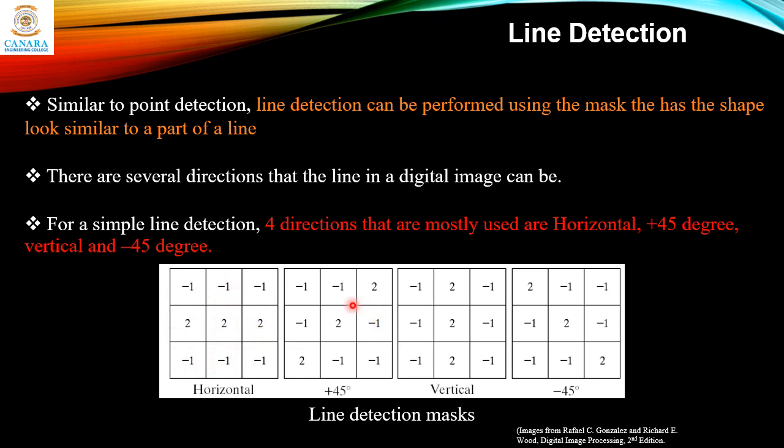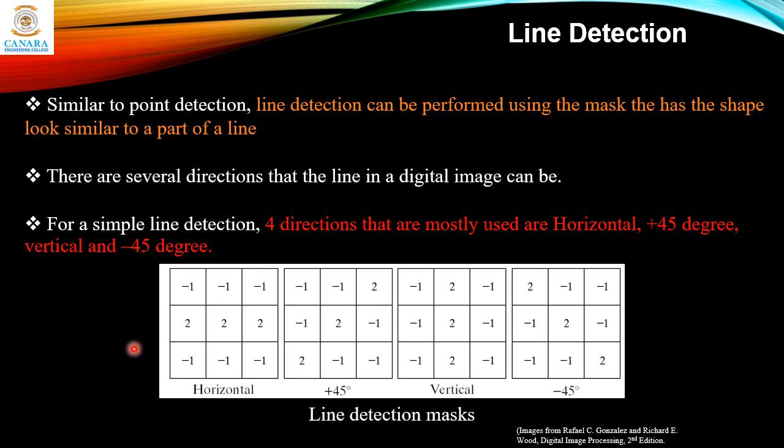Similarly for the 45-degree incline, on the diagonal you can see 2 2 2 and all other values are -1. For vertical, 2 in the middle column and the remaining are -1, and similarly another 45-degree orientation in the other direction. You can see how it is laid out.